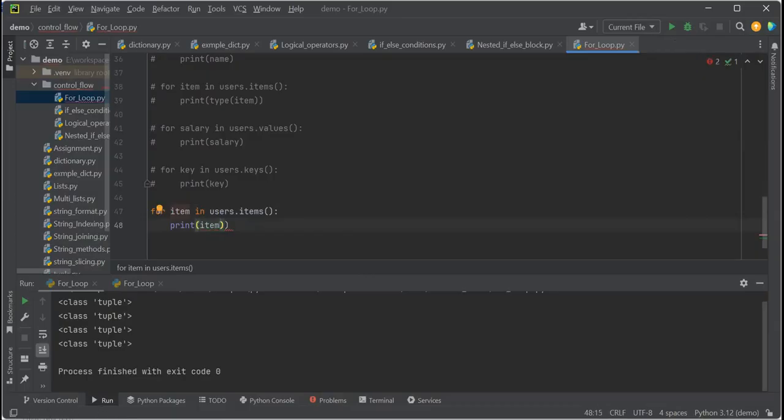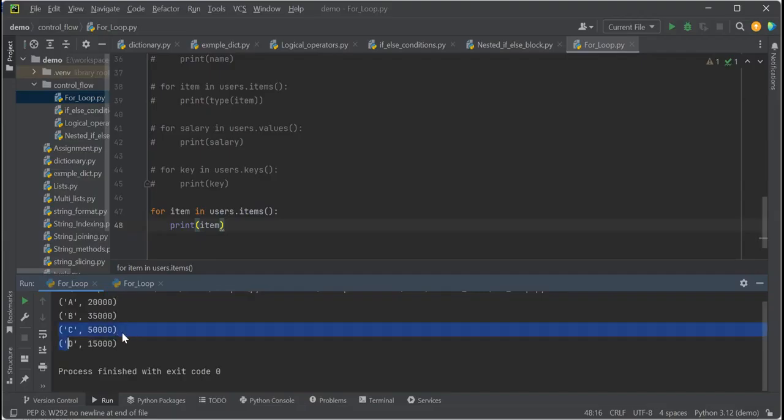But from the tuple, can I get the values? Now this is the tuple which is returned. A is one item, and salary is another item. Now these are the two items in this tuple. This is not key and value based. It is a list of all the items. Two items in this tuple, and in this tuple two items, in this tuple two items. Fine. I need to get